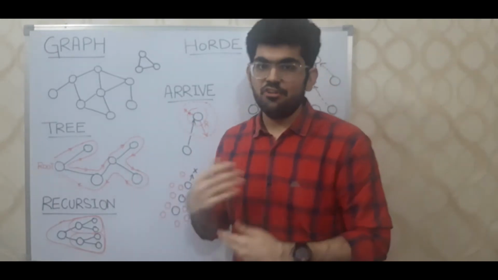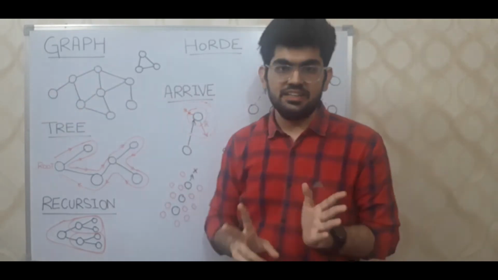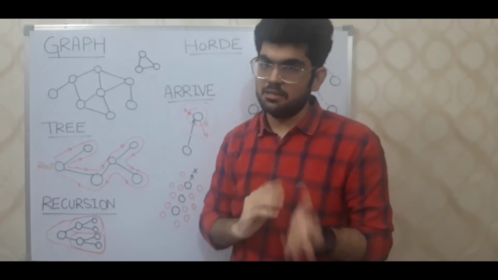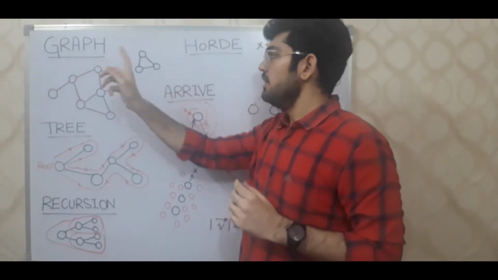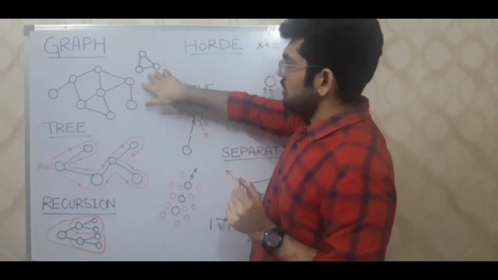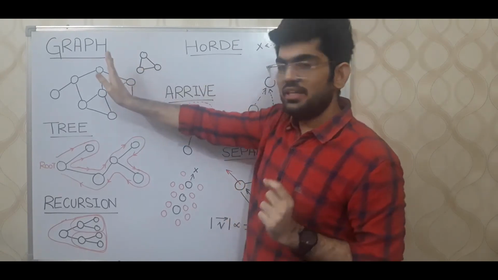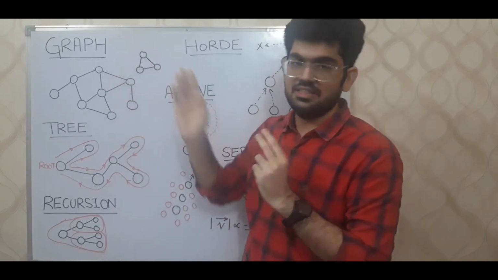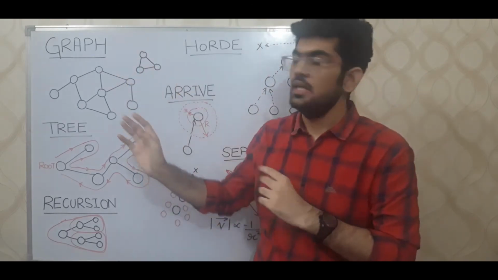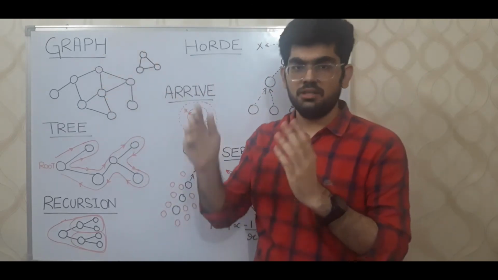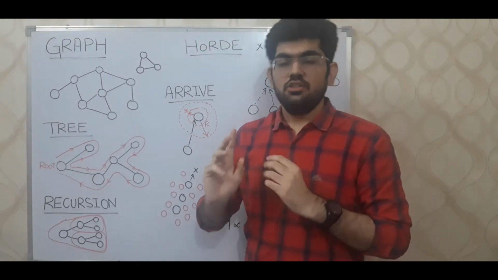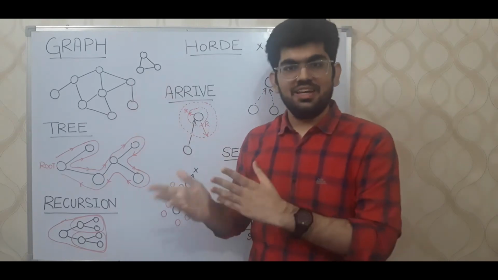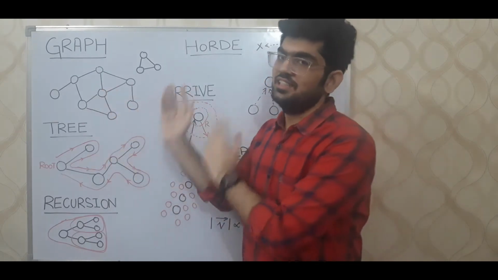It can be any form of relation between any two entities in the given system. For instance, these two nodes are related in some way because they have an edge connecting them. However, these three nodes are separate from the rest of the network. This means that they have no relationship with the rest, which is why they do not have an edge between them. But these three nodes have an edge between themselves. Now this complete relationship diagram is represented visually. That's why graphs are really useful to represent such structures.